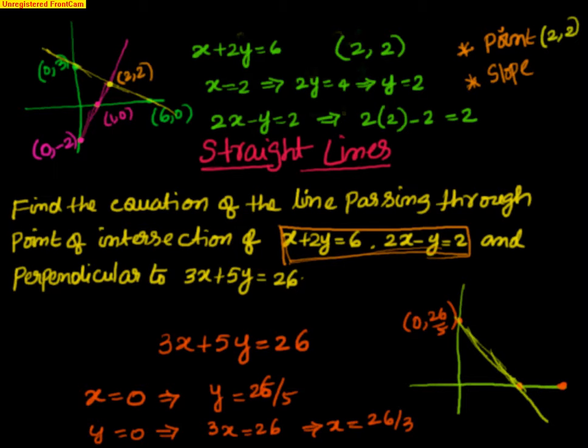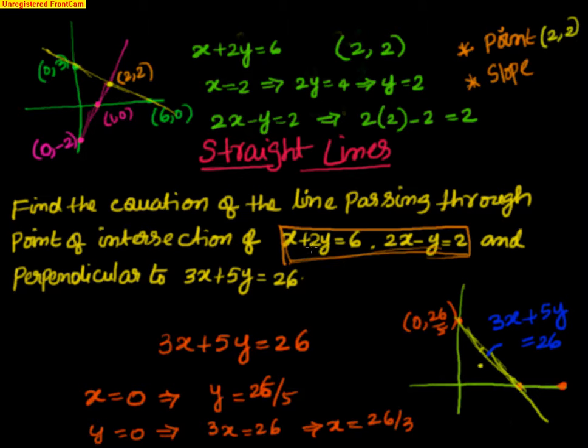This is the line. What is this line? This line is 3x plus 5y is equal to 26. Now what is the equation we want? We want a line which is perpendicular to this and also passing through 2 comma 2. So let us see where our 2 comma 2 is here. If I substitute 2 in this, see what is the y coordinate? 3 into 2 is 6. That means 5y equal to 20, y equal to 4. So if I go for 2, it is somewhere here at this point, right? So this is my 2 comma 2.